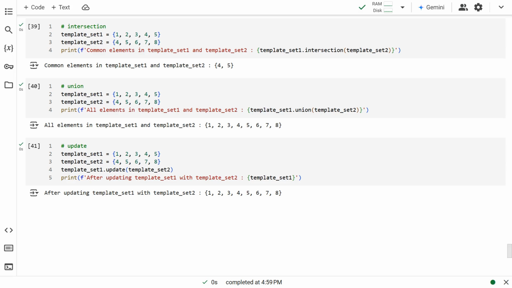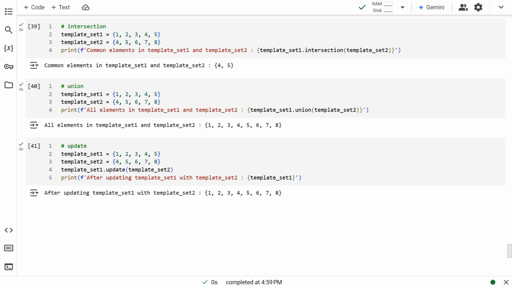Intersection method returns the common elements among the two sets. Union method collates both the sets, and returns a set containing all the unique elements from both the sets. It should be noted that all the above set methods return a set, after performing the appropriate operation. But there are some in-place methods that modify the first set instead of returning a new set.